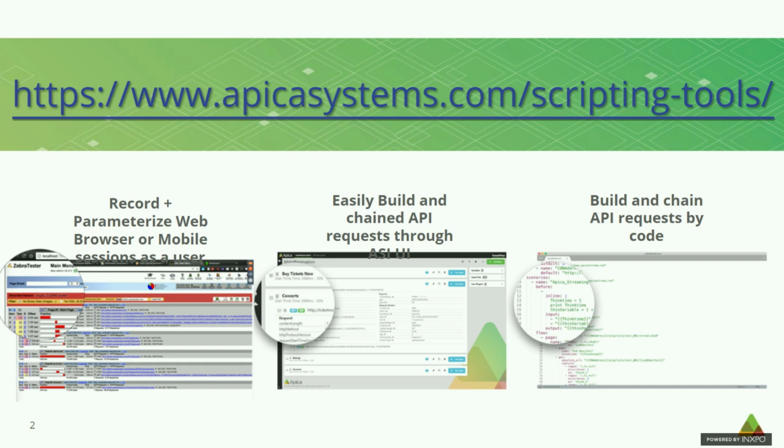If you're familiar with ZebraTester, it's our classic full-featured scripting GUI and highly scalable load engine. And for those not too familiar, this is really the proprietary engine that powers a lot of the transactions here at Apica. I've spent a lot of time scripting with it. It's an enterprise-grade scripting tool, very comparable to something like LoadRunner. And like I mentioned, I've been able to script from scratch some of the hardest scenarios with branching and looping